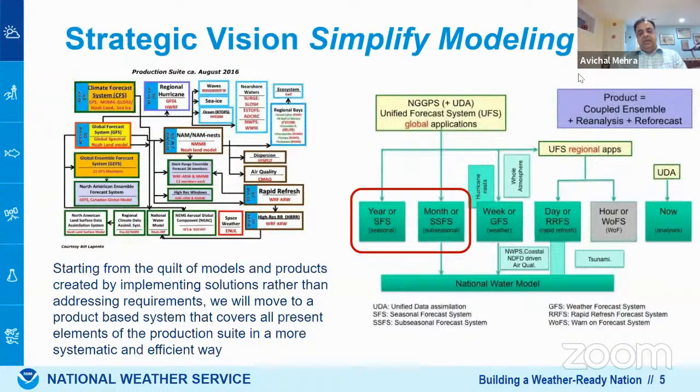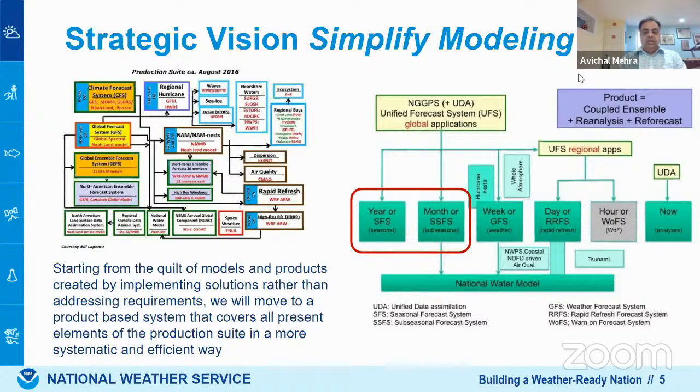In terms of the strategic vision we have as we conduct these upgrades and bring in new systems, it is to simplify our current production suite, which is shown in the schematic on the left. As you can see, it's quite a quilt of different operational systems which are connected to each other. And what we want to do is to go from the schematic on the left to a schematic on the right,